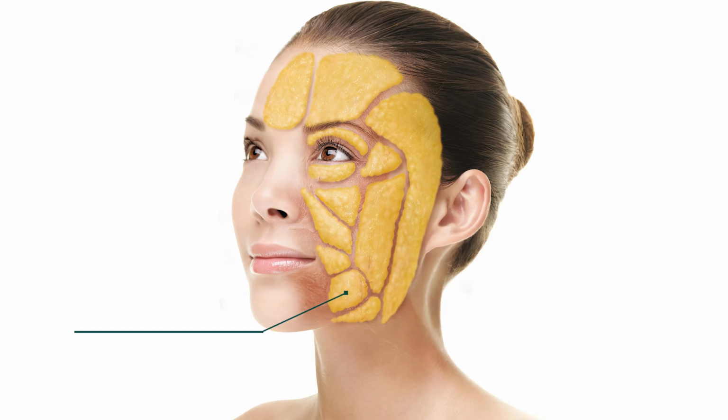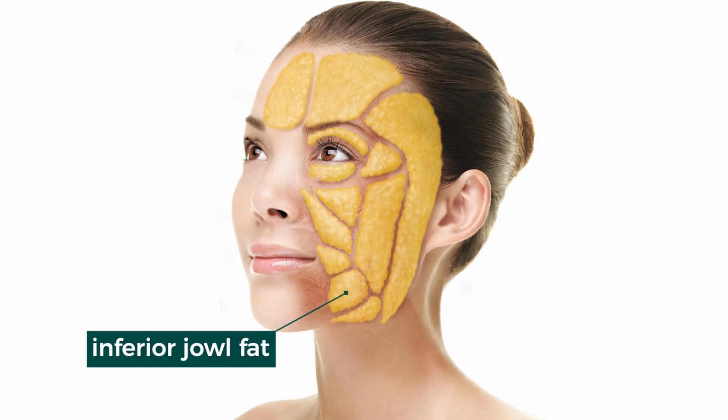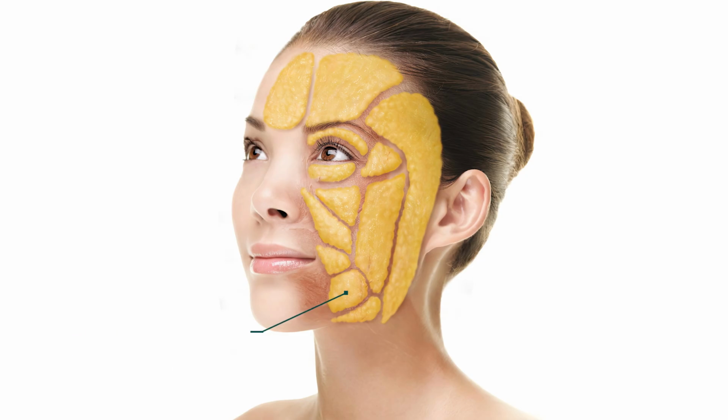The inferior jowl fat is located below the middle cheek fat pad and just inferior to superior jowl fat as just described. Its medial boundary is the mandibular ligament in this area, and the lateral boundary is formed by lateral temporal cheek fat pad, whereas the inferior boundary of inferior jowl fat pad is formed by mandibular septum. With age, the jowl fat can descend, contributing to the formation of double chin and sagging around the lower face. This can lead to the appearance of the jowls in this area, where the lower cheek and jawline lose